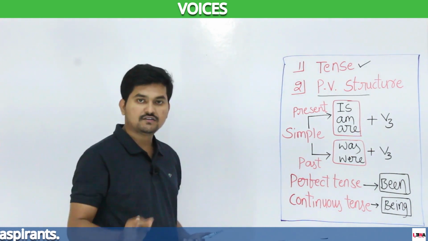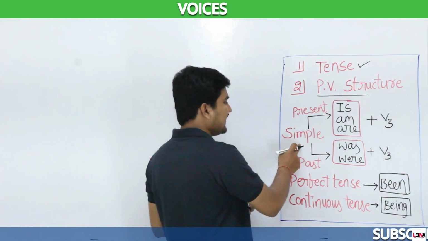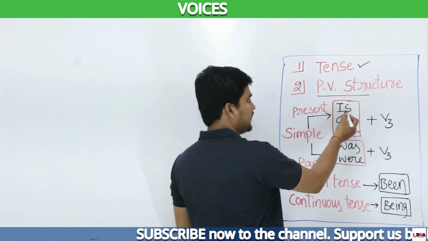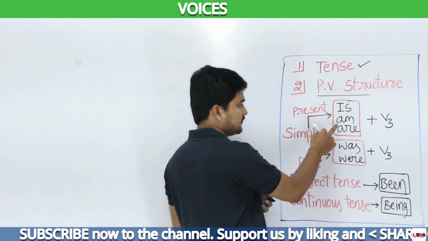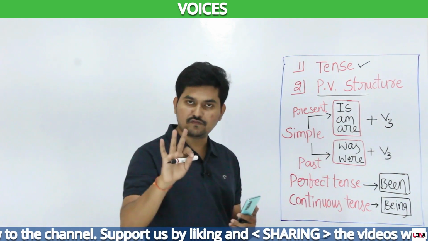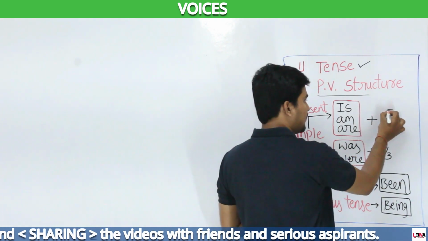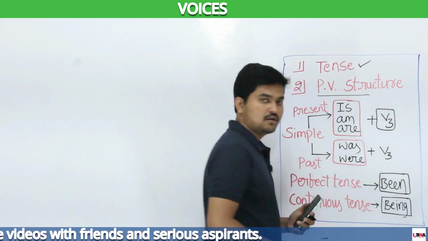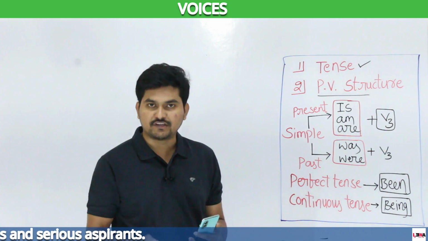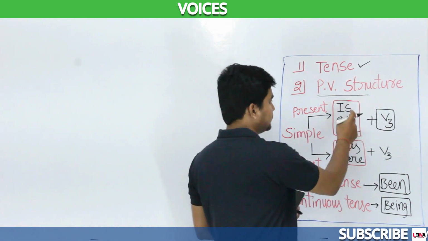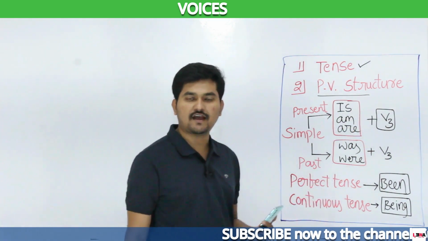This is very simple. See, whenever you are converting any simple present tense into passive voice, you are going to simply write any of these be forms: is, am, are. Any of these three be forms, very simply use them, followed by the third form of the verb, v3. Always we write be form plus v3. So whenever a simple present tense question appears, all you have to do is use these keywords is, am, are